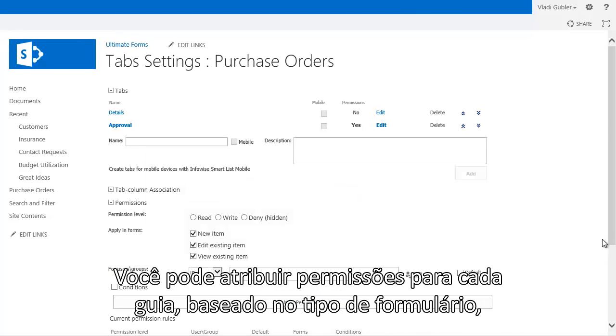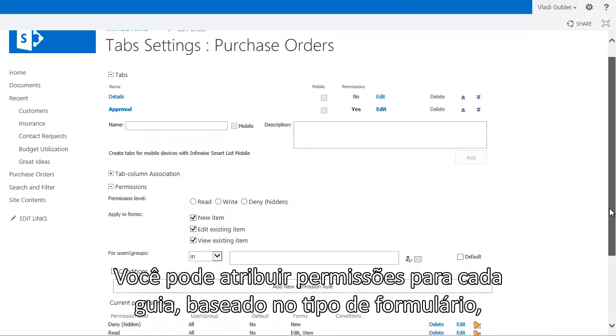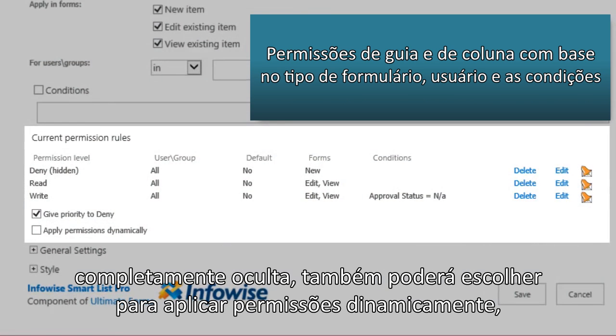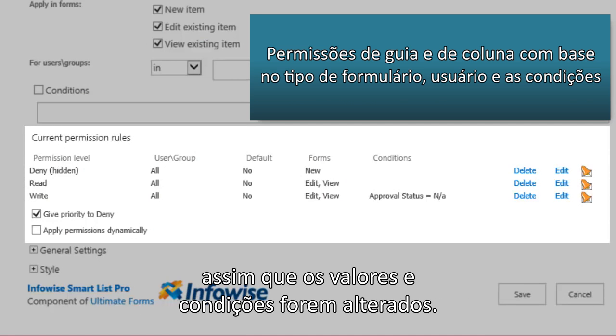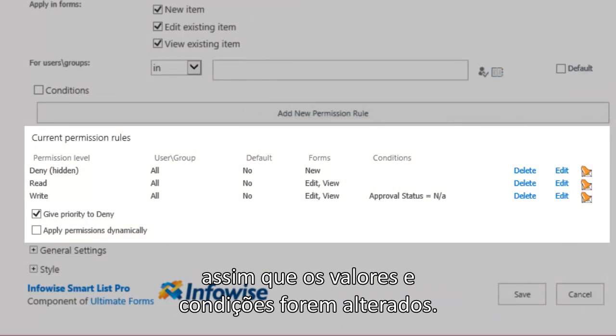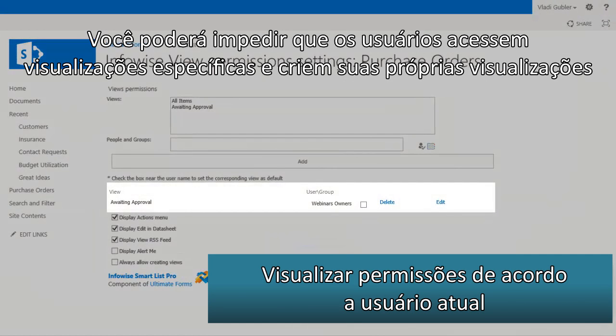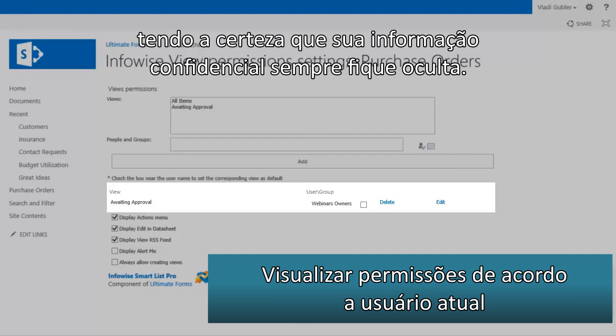You can assign permissions to each tab or group, based on form type, user identity, and column values. Make columns writable, read-only, or completely hidden. Additionally, you can choose to apply permissions dynamically, as soon as you change the values and the conditions. You can prevent users from accessing specific views and from creating their own views, making sure that sensitive data always